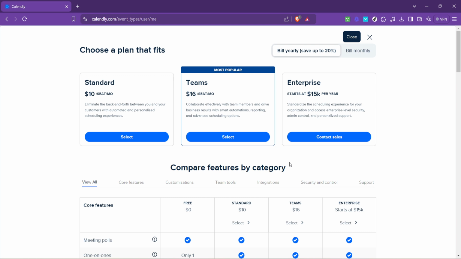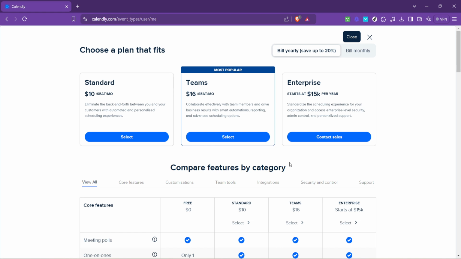Once you click on Upgrade Plan, Calendly will present you with all available subscription options. This page provides a comprehensive overview of the features and limitations of each plan, making it easier for you to make an informed decision on what plan you want to downgrade to. Carefully review these options, taking into consideration the specifics of what each plan has to offer versus what your actual requirements are.